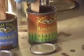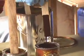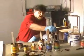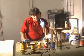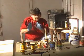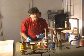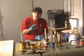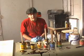But water-based stains, from my experience, tend to be a little bit more intense, and they do a real good job. The other nice thing about water-based stains, from my perspective, is that if I put on one coat and let it dry, and then I've got something I need to do, I can come back and actually stain it again, and I'll get a much more intense effect. And the reason for that is that the water bases don't seal the wood as much as an oil base. Oil's a penetrating thing. It soaks